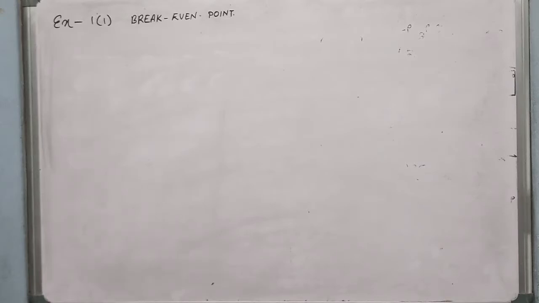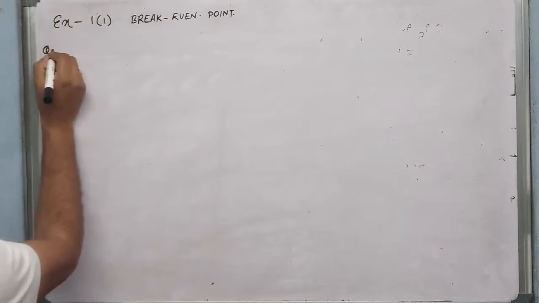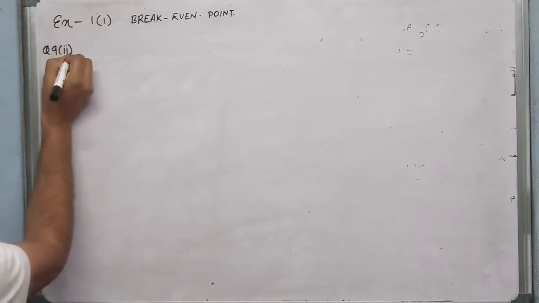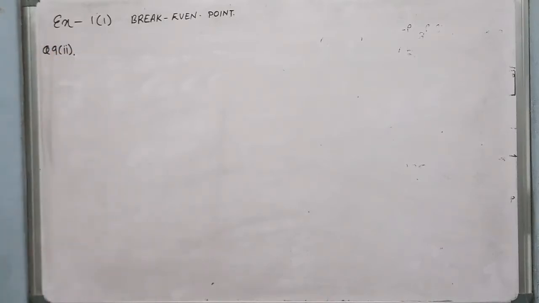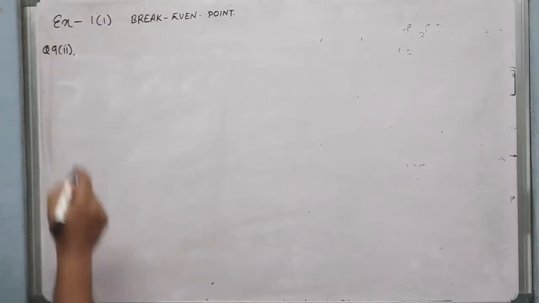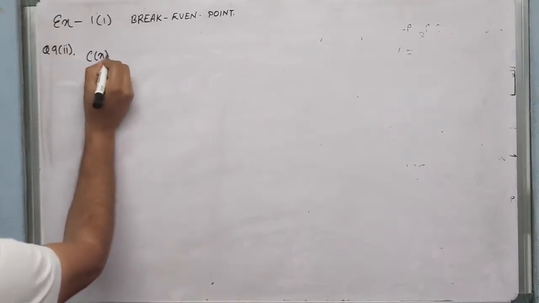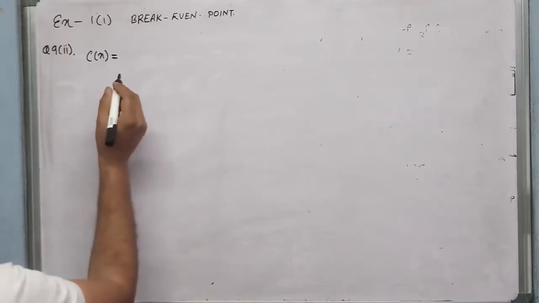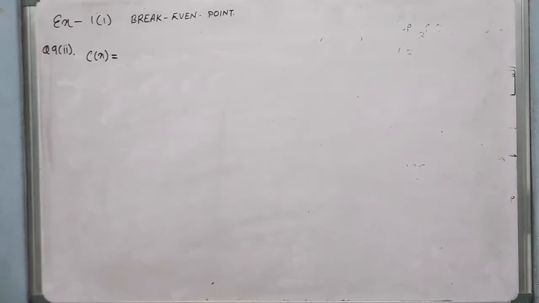Now next is question number ISC 2006, question number 9, subpart 2. Now try to understand this question. A television manufacturer finds that the total cost for the production and the marketing of x number of television sets is C(x). That is the cost of production. The total cost function is given. Cost function is